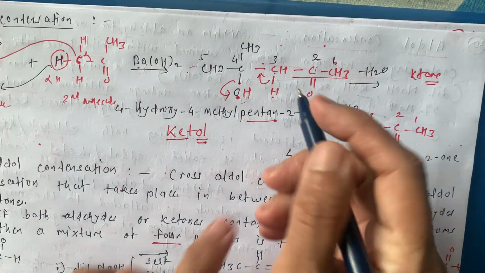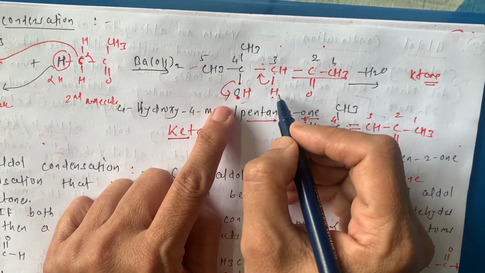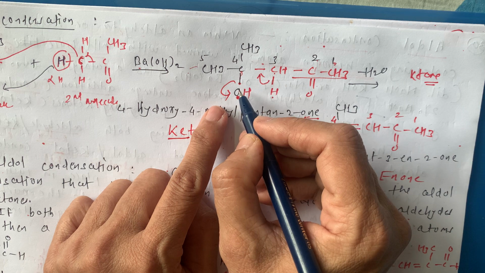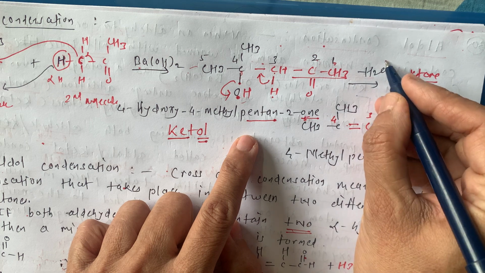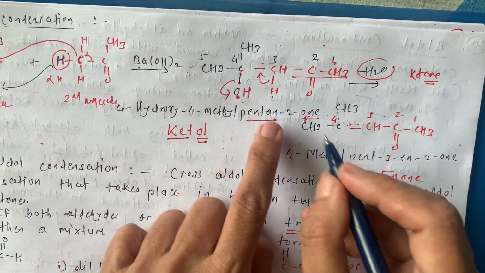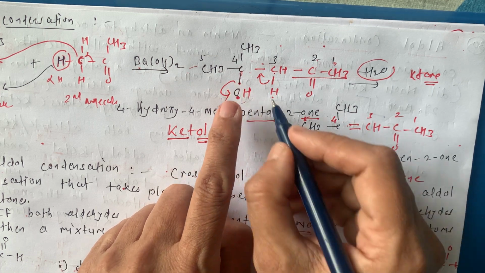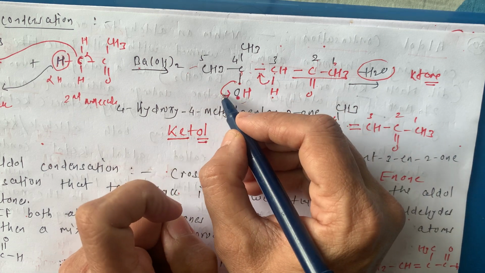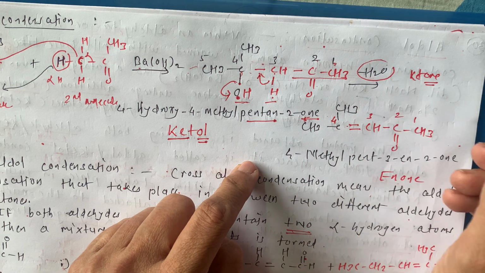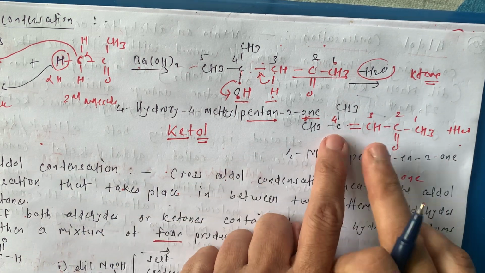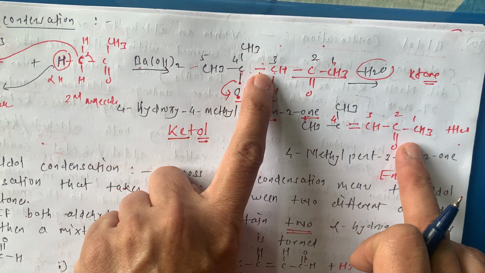And when there is the elimination, just like in the previous reaction, this H is abstracted and the bond of the COH breaks. So the OH is going to form H2O. This minus H2O is written over here, and there is a formation of a C double bond. This bond is going to move like this. This OH and H form H2O. And the remaining is CH3, CH3, C double bond, CH, C double bond O, CH3.